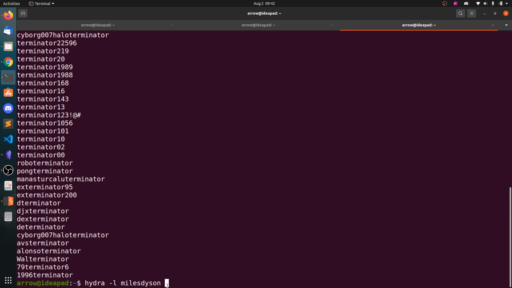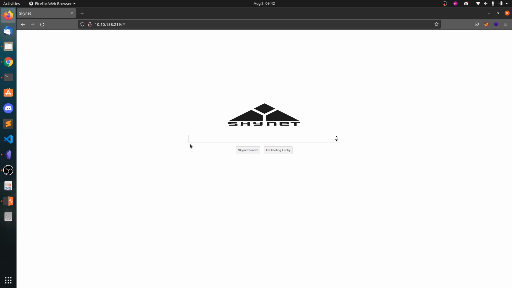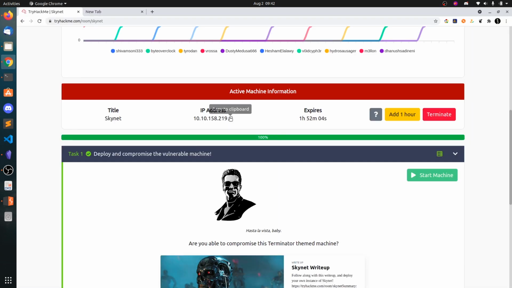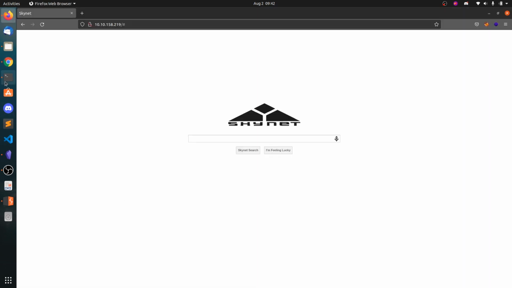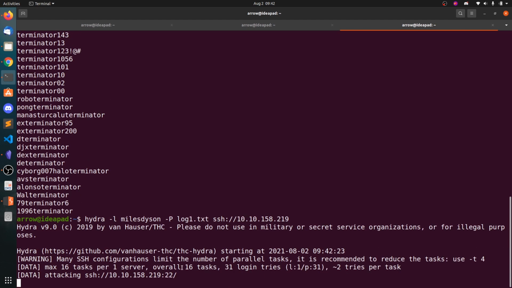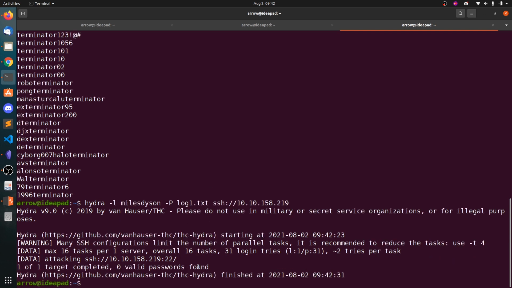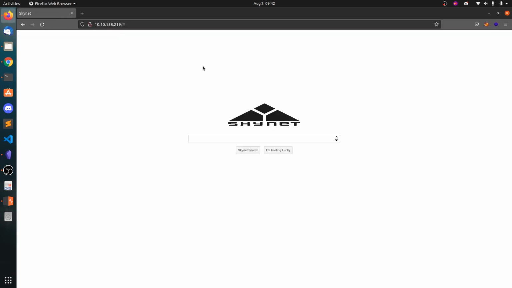Then we will try for root, and password list as log1.txt, ssh colon IP address. Now you can see 0 valid passwords found. So that means these credentials won't work for SSH.